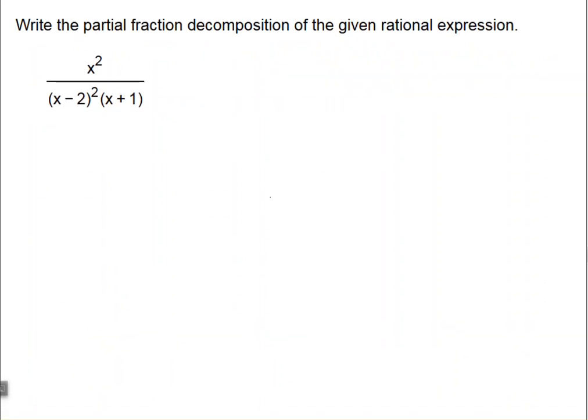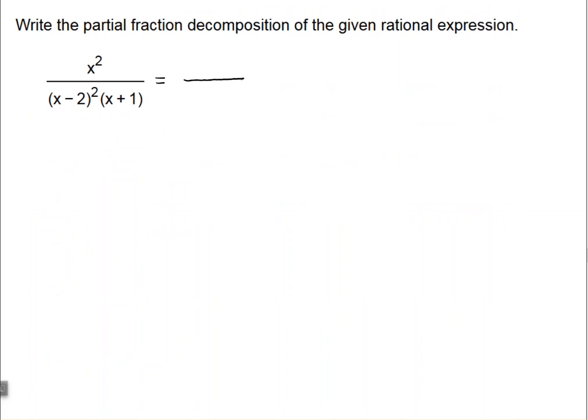Alright, so we want to write the partial fraction decomposition. Again, we need to look at our denominator and see what type of denominator we have. We have linear factors. One of our linear factors is a repeated linear factor, the x minus 2 to the second. And then the other linear factor is not repeated. So when we set this up,